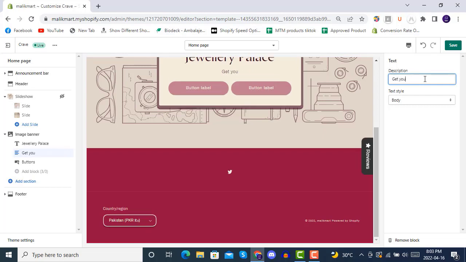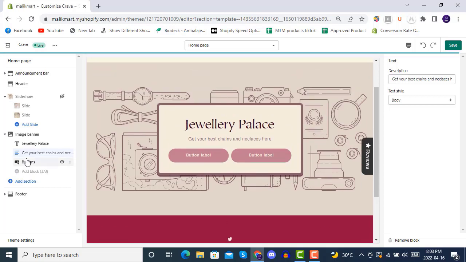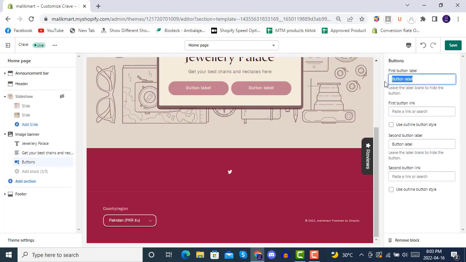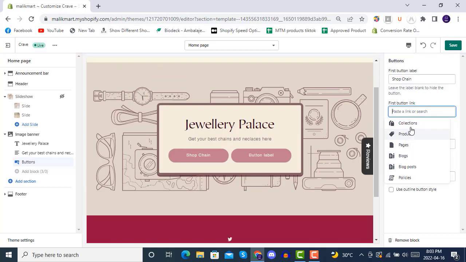Get your best chains and necklaces here, and then you can click on buttons, and then button label, shop chain, and then you can add some collections from your collections here,